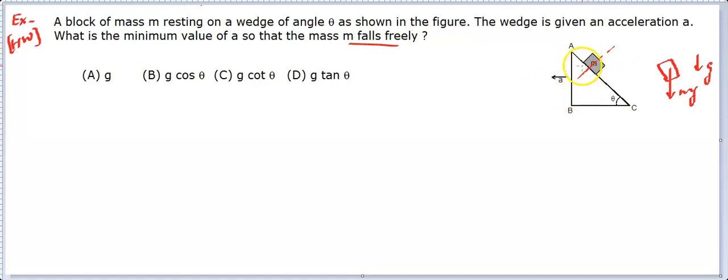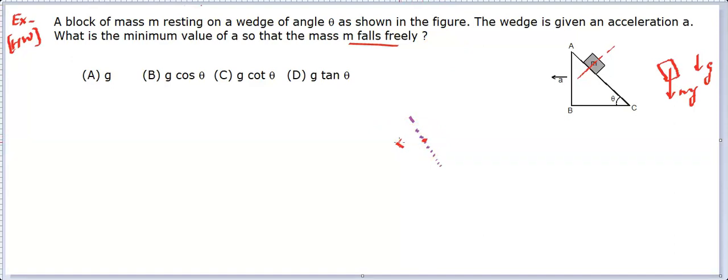So we can use the constraint relation, and it is asking for the minimum value, that means at least value of A. Beyond that you will find the contact will be detached. Right. So here we can use the constraint motion or constraint relation. And as per the constraint relation, this is going to be the common contact surface. So relative acceleration in the perpendicular direction must be 0, right? So let's draw this. Let's say this is the part of the wedge. And if we consider any point on the wedge, it will be having acceleration A in this direction.